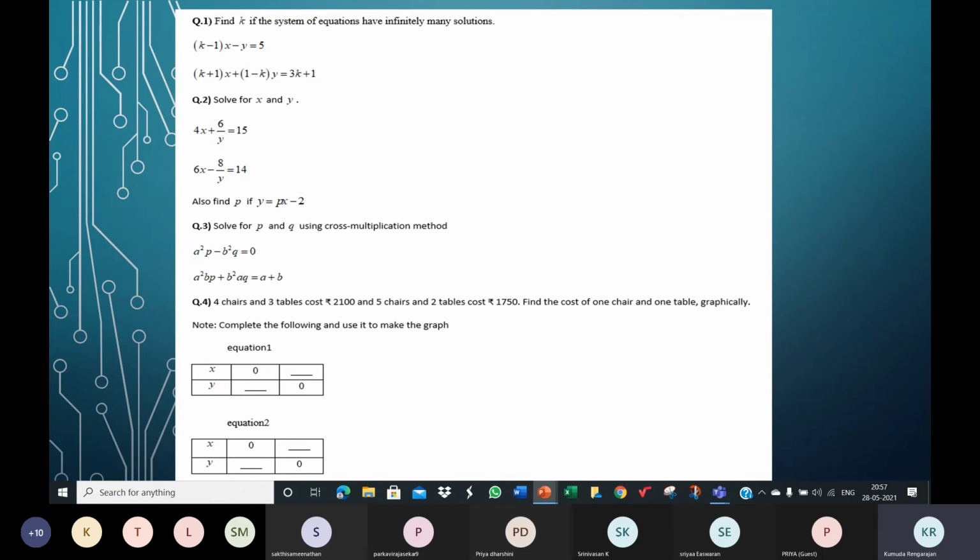So you can make sure that your lines pass through this point. In fact, you can even plot this point. This is the best way. You know that both the lines should pass through this point 150, 500. So just mark that point on the graph paper and make sure that both the lines pass through it. Then obviously they'll intersect there.